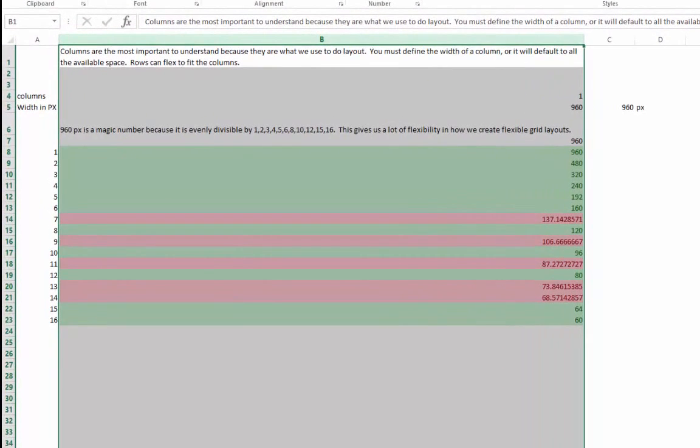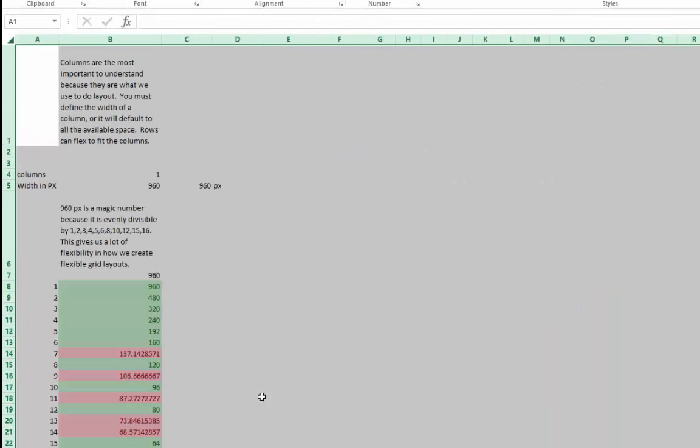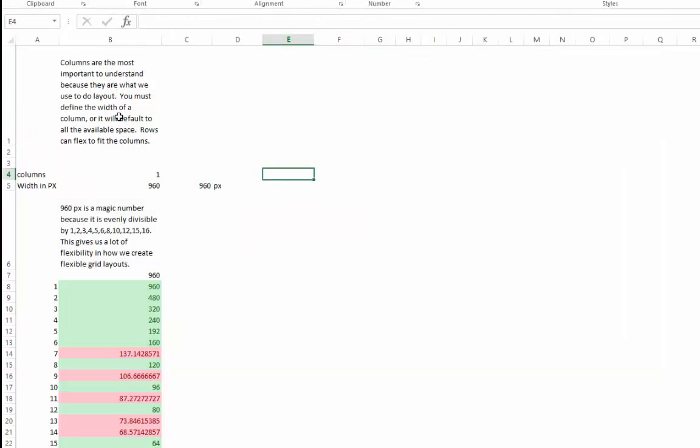So if we undo what we've done there, we're back to the words being more tightly wrapped, and the size of the cell has expanded to hold the contents that are in there. It doesn't automatically do that in spreadsheets, but in web pages it is going to expand unless you've assigned rules. Otherwise, each cell is going to expand to the height that's necessary for the content that's in there, but you have to define the